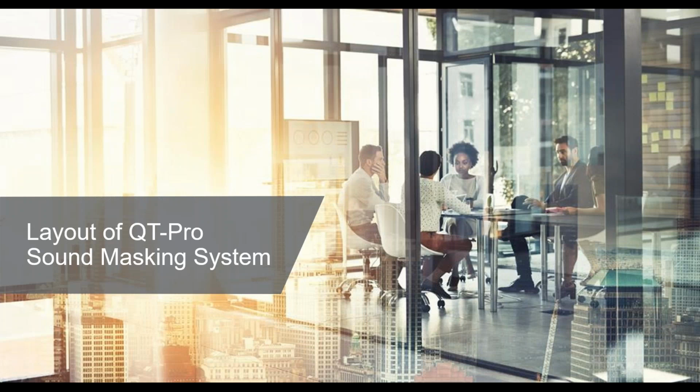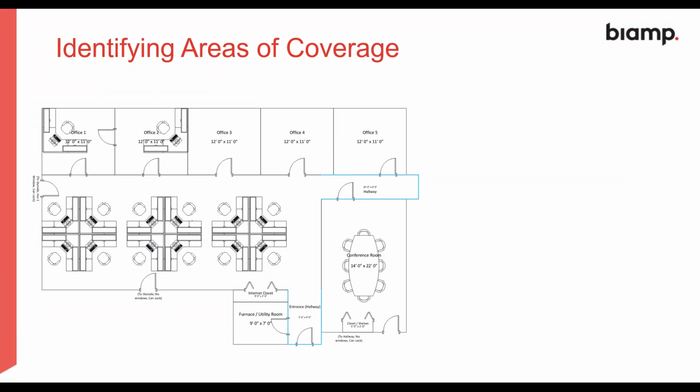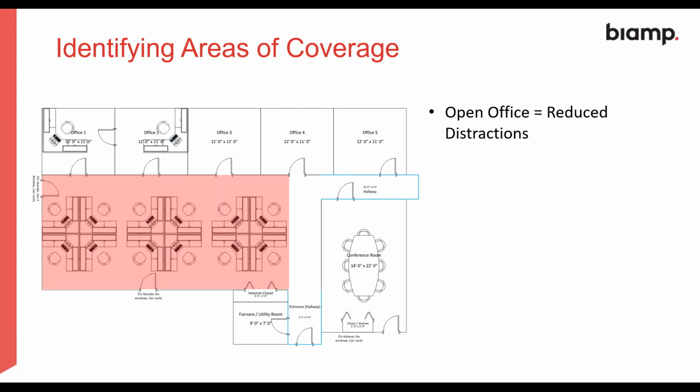So how do we go on designing a QtPro sound masking system? The first thing we need to consider when we're doing this is identify the areas of coverage. So in doing so, we need to consider within the area which areas are acoustically similar rooms. So if we have an acoustically similar room, we are talking about maybe in this application of a typical office area,